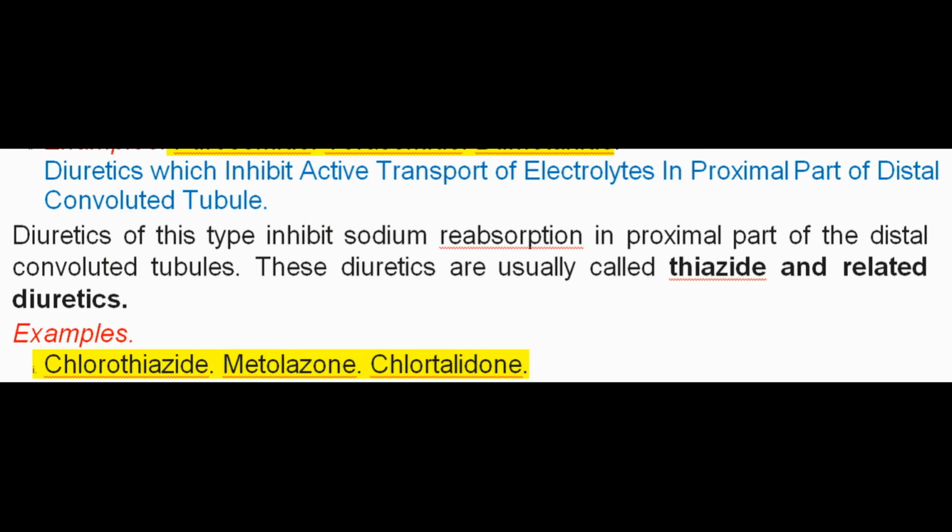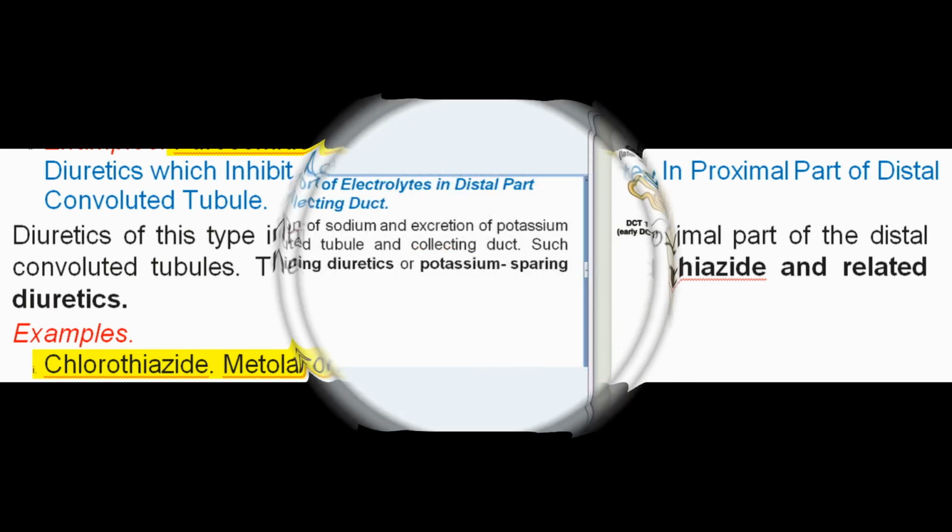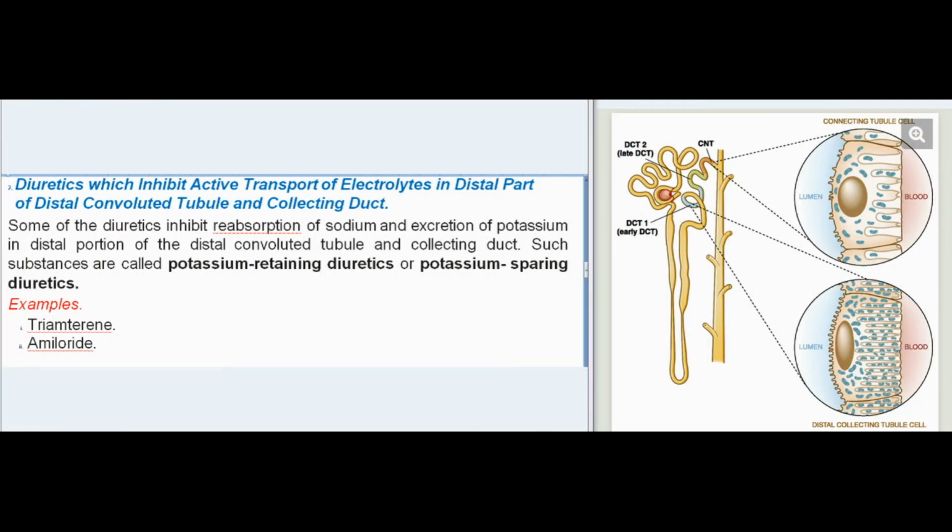Diuretics of this type inhibit sodium reabsorption in proximal part of the distal convoluted tubules. These diuretics are usually called thiazide and related diuretics. Examples: chlorothiazide, metolazone, chlortalidone. Diuretics which inhibit active transport of electrolytes in distal part of distal convoluted tubule and collecting